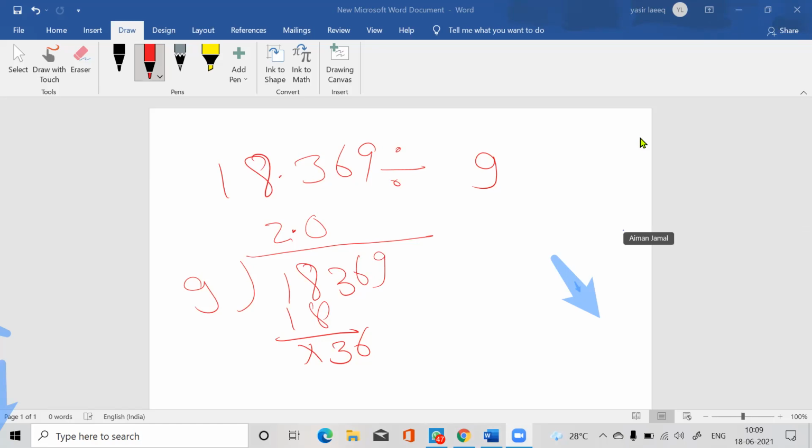Sir, I think sir, you have not put on the decimal. Where am I not putting the decimal? Yes, Hamza, this makes confusion. Where, sir? What, Hamza? Sir, here. Okay, you can understand like this also. This is what I am telling.